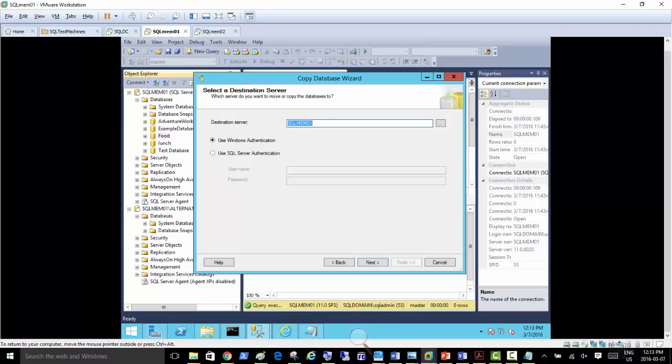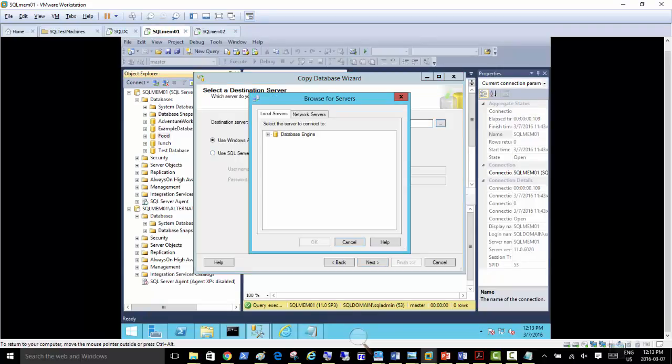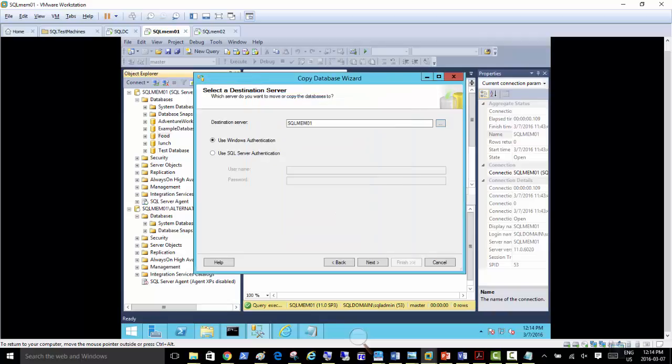So copy database is asking for a destination server. Does it detect a second server? Network servers, if we go there, retrieving data, which is going to take a little time, so it could try to see if there's another server it can detect. Otherwise, we're just going to give the path for that. Network servers is SQL Server. It's just detecting itself, right? So cancel. I'm just going to go, we know the name mem02 there.